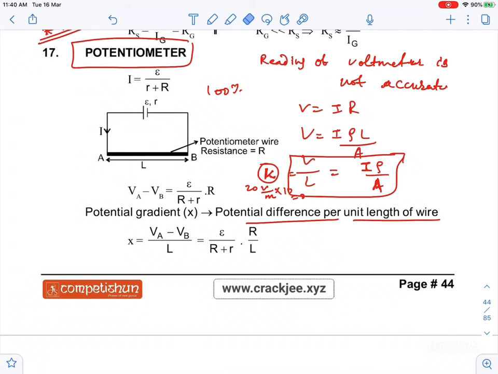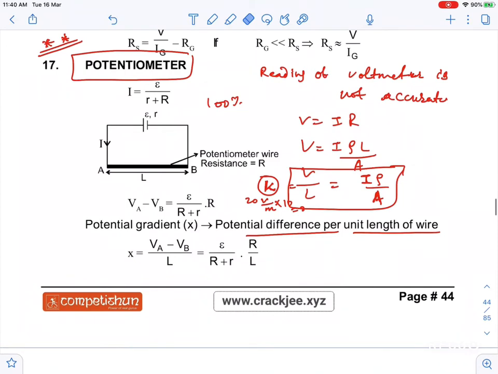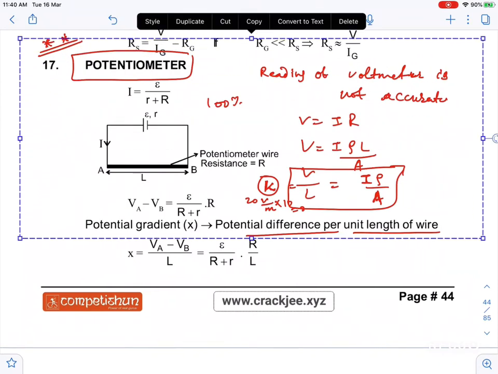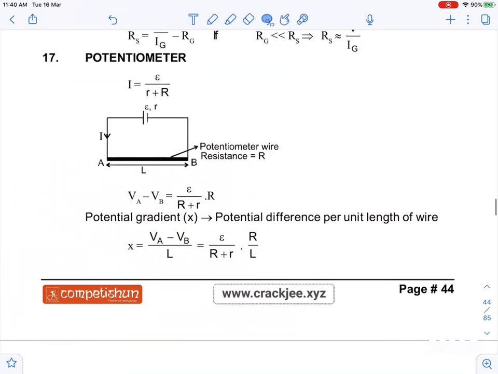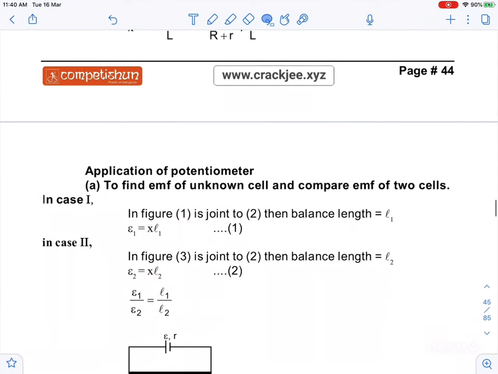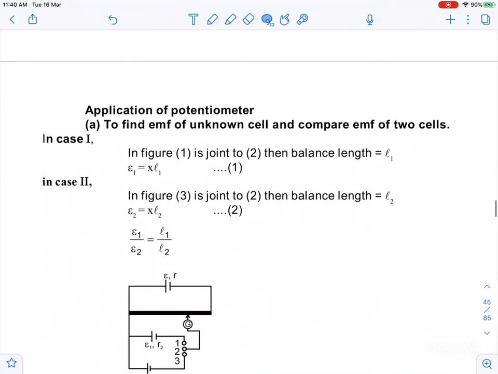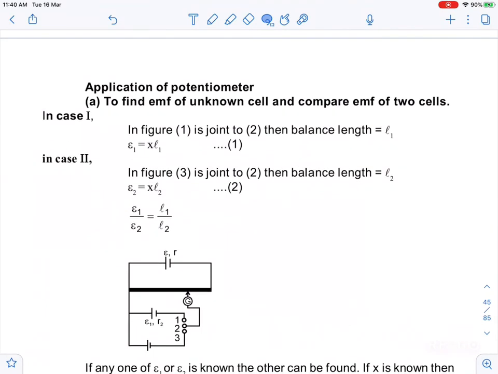So first we will calculate this V by L. I think I have made a video on this potentiometer also. If you have time, you can watch there, but I suggest there is no need to go there. Just revise this concept. So you will calculate K first,